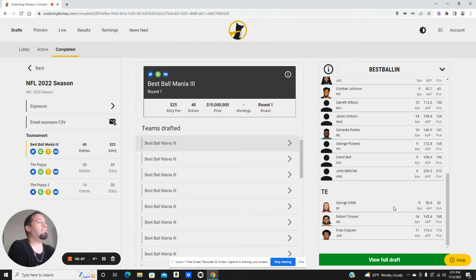I am usually just fine with Kittle and just one other tight end. I have drafted some 3 tight end Kittle builds. Kittle misses it seems like 3 games every year, so it's not the worst to have a 3 tight end Kittle build, but I definitely prefer 2 tight ends. I would say probably 85% of my Kittle builds are 2 tight ends and 15% are 3. But when we hit that Evan Ingram pick, there just wasn't anything interesting on the board for me other than him. So very, very happy with this team.